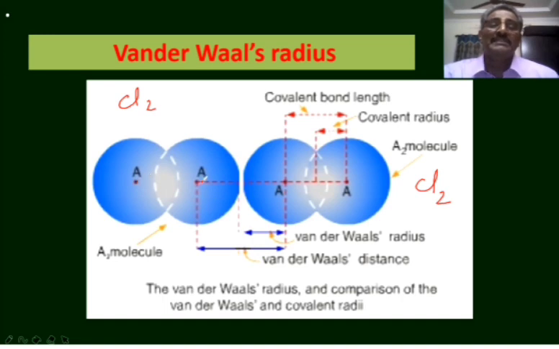The distance between the nuclei of two chlorine atoms within the molecule is the bond length. Half of this bond length is the covalent radius. Whereas between two diatomic molecules in the solid state, the van der Waals forces exist